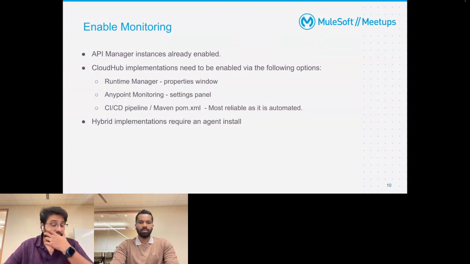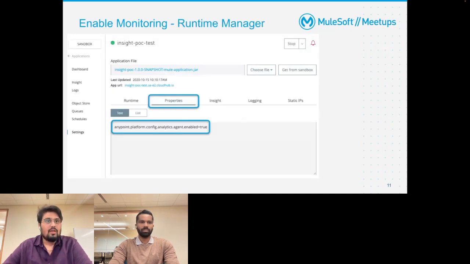We have one more option, the CI/CD pipeline. This is the trusted and most suggested way that we recommend every developer use, by updating it in the CI/CD pipeline within the Maven form. With hybrid implementations, we are required to install an agent to use this capability. Now, here